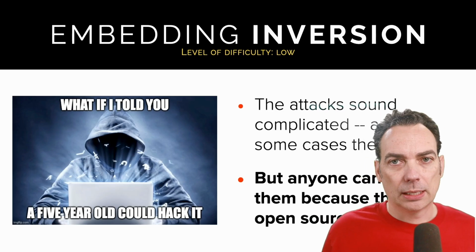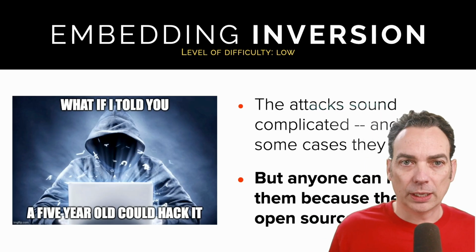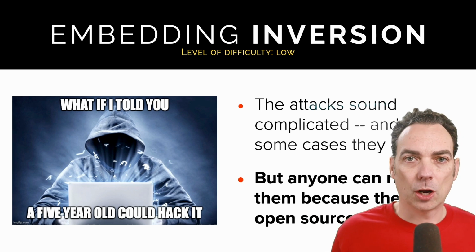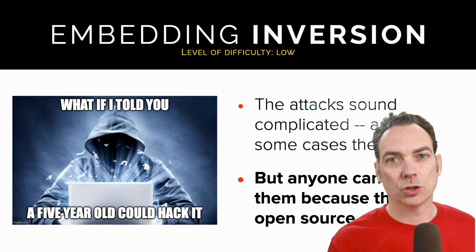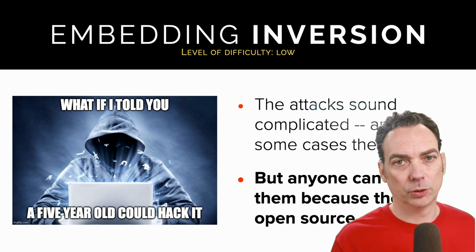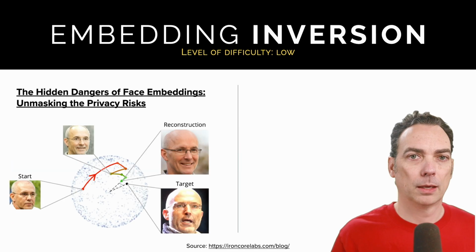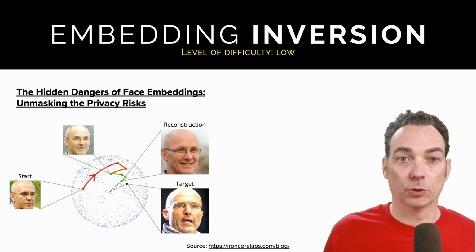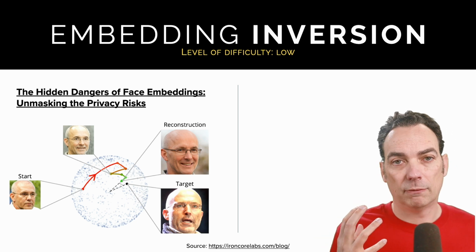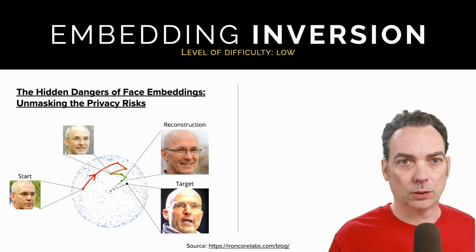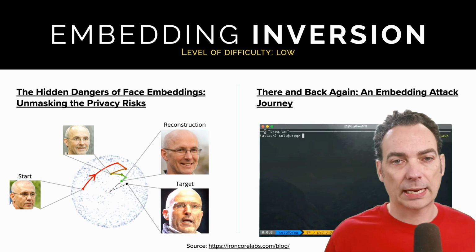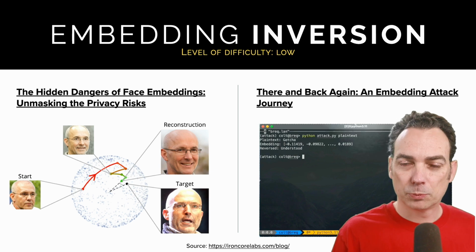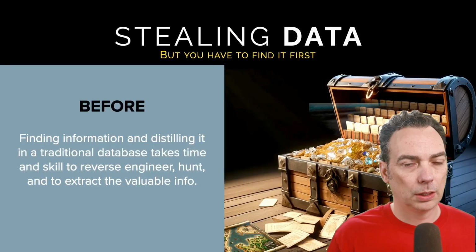Now, it sounds like a complicated attack, but what if I told you that anyone could do it? Because most of these papers have accompanying open source software, and in many cases, open source models too, so you don't even have to build your own model running their code. In fact, we've done a bunch of this. We have blogs on how to invert facial recognition vectors back to faces that look like the original, and ditto for text using one of these papers and their code. It's pretty straightforward to do.